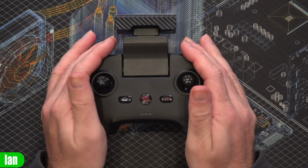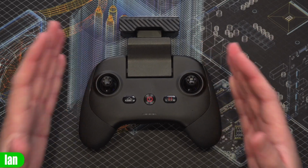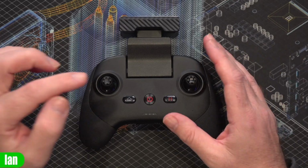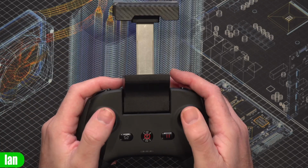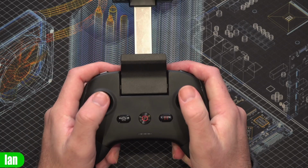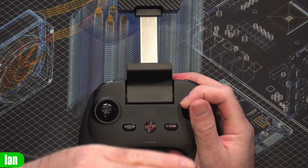Whilst that's the good, there are also some really glaring omissions on this remote, and I am shocked that they haven't done these things. For instance, whilst the device holder is nice and holds the phone, it is completely flat and doesn't tilt up. In my use, I did find it difficult at times to see the screen on my phone because my natural position for holding the remote is flat like that or like that, and that means my